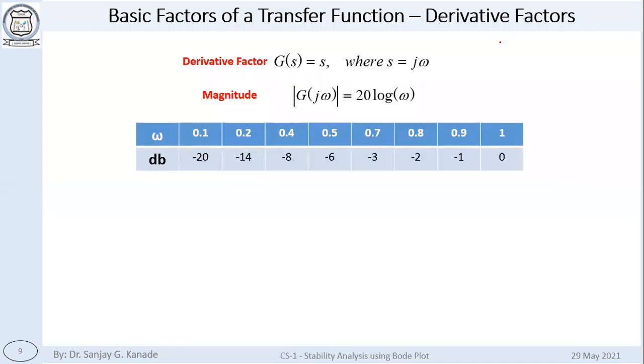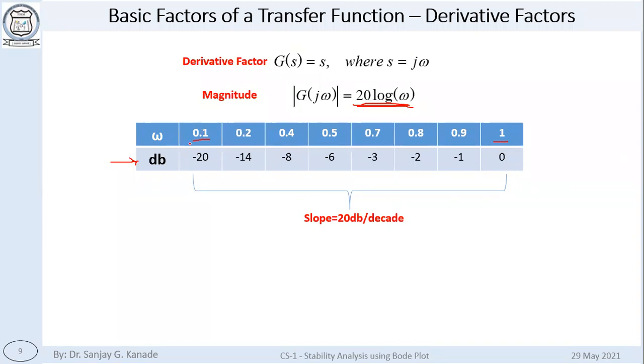And the phase angle, if you calculate this value of the gain, 20 log of omega for certain values. Now see, the range of frequencies I have taken is from 0.1 to 1. Means I have taken one full decade, right? I explained this in the beginning of the lecture at the time of explaining the semilog paper, that this is called a decade, 0.1 to 1.